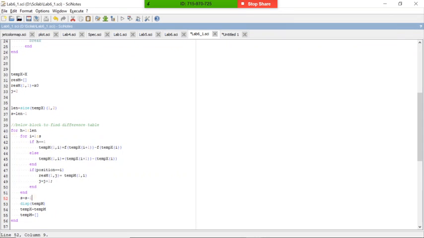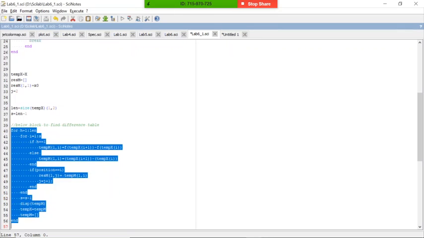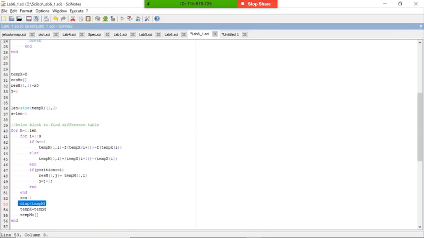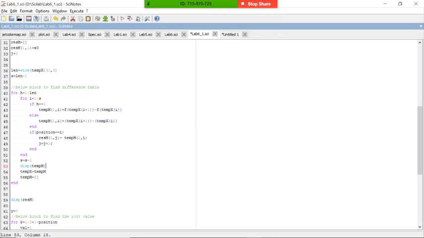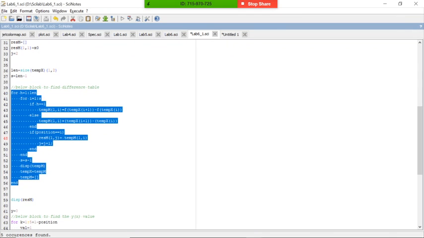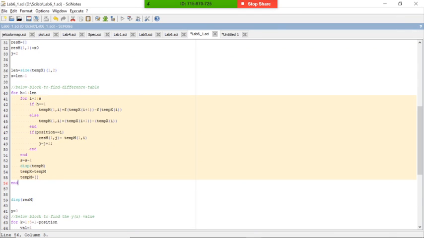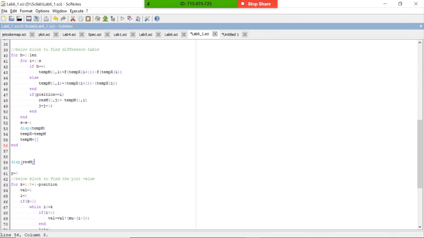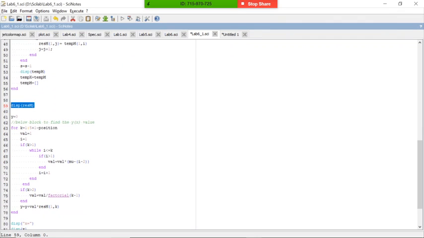Like this way, we will find out the difference matrix and we will display the difference matrix at the same time. And in this position, it will take each and every diagonal element and put it into the resultant matrix. So we have completed the difference matrix and we will display the resultant matrix. It is not mandatory. In the next further steps, we will comment this one out. Right now let it be. So what is the result of this formula?